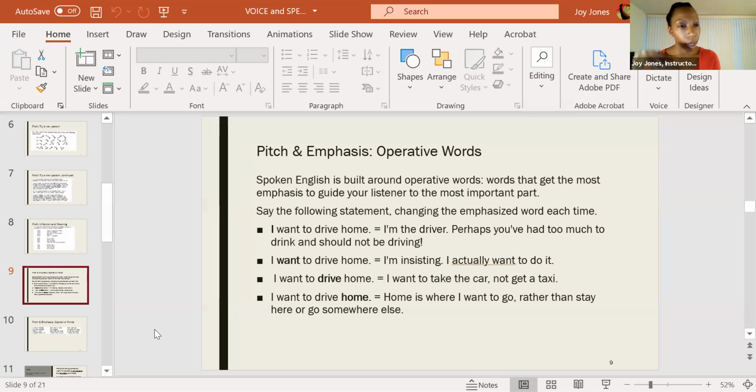I'll also say for the performers, speakers, etc. If you're working with written text, unless the author, playwright, etc., has indicated the word to be stressed with a bold, with an underline, with italics, you get to choose the operative word. Sometimes they're obvious, but there may be cases when it's up to interpretation, and then you can experiment and see which works best for you.